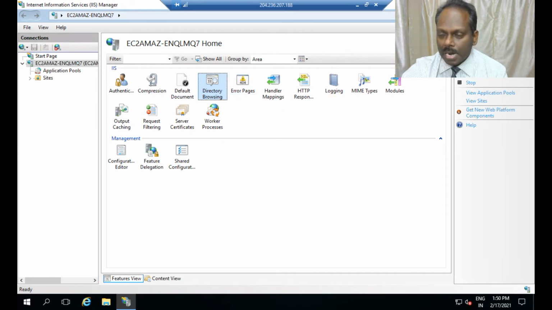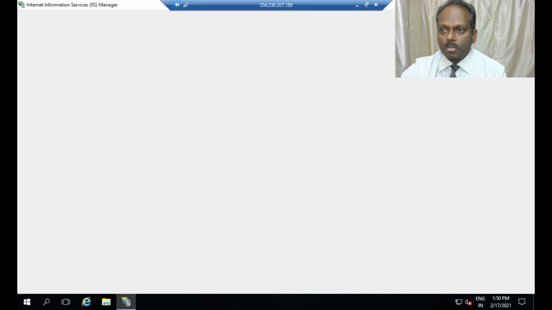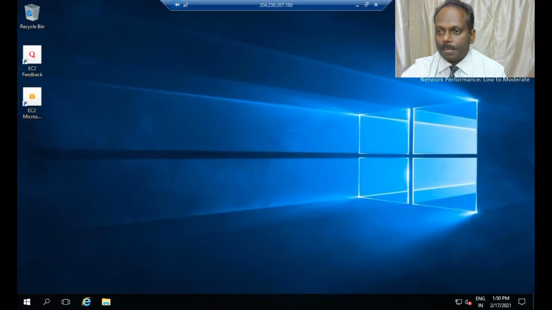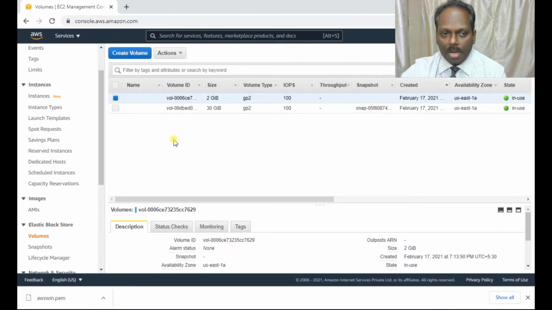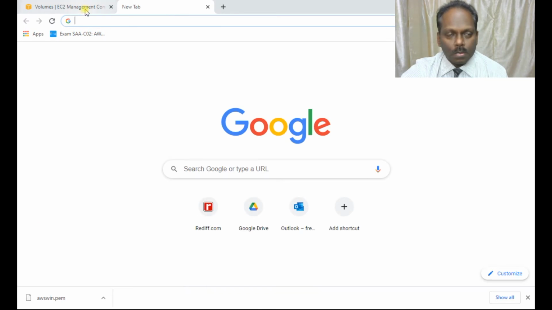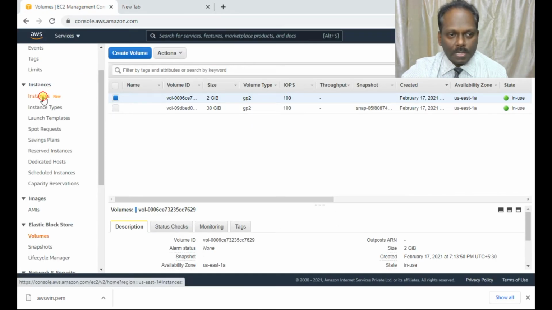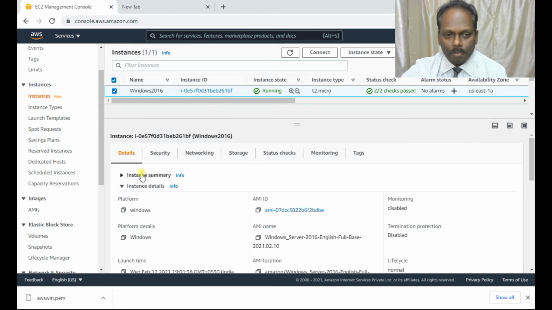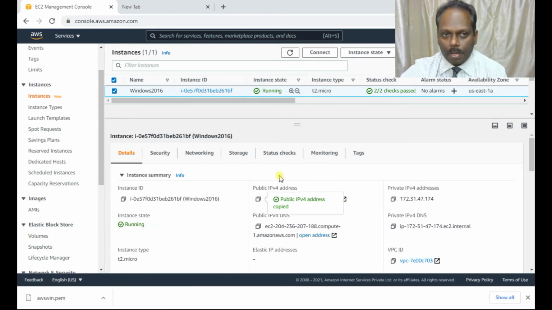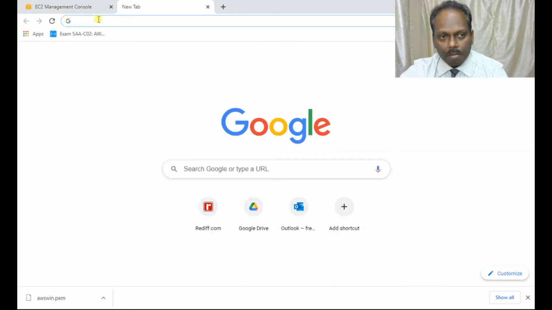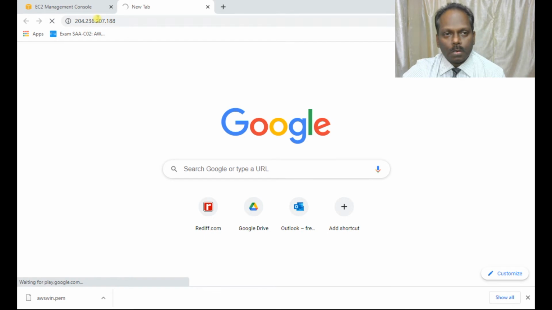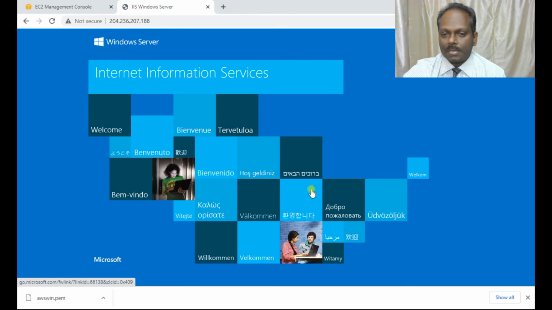That's fine. So now I think almost all changes have been done. Go to the third step, restart the service. So I have restarted the service now. The last step is to verify whether my website is running or not. So here what I'm going to do, I just copy this IP address. This is my IP address here in the instance. Where is my instance? Okay, when you go to this particular one, public IP, just select this and your IIS should work. Yeah, Windows IIS services is running.